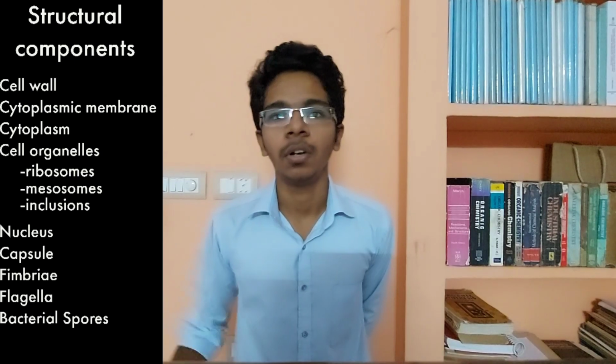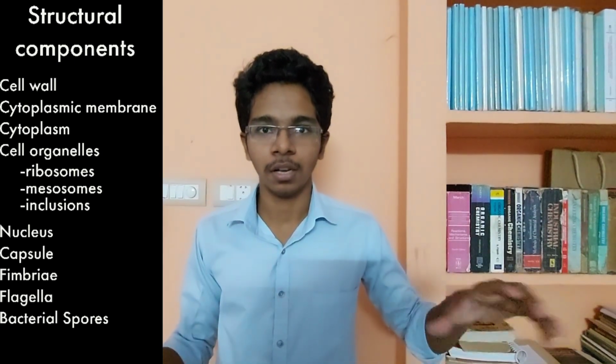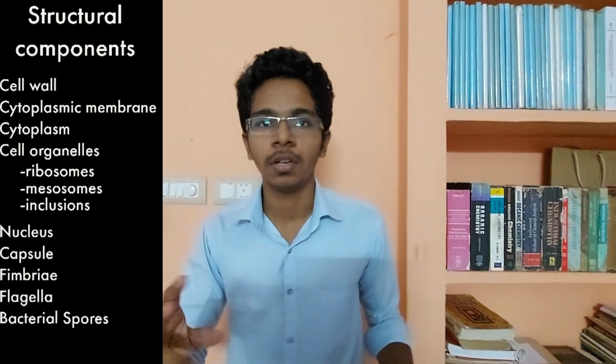Structure in the sense there are different shapes. We can see grossly rod shaped, spherical shaped, comma shaped, coil shaped bacteria. Then regarding bacterial anatomy, there is a cell wall. Cell wall is a protective layer like a shell surrounding the bacterium. It is made of different components, differing from bacteria to bacteria.